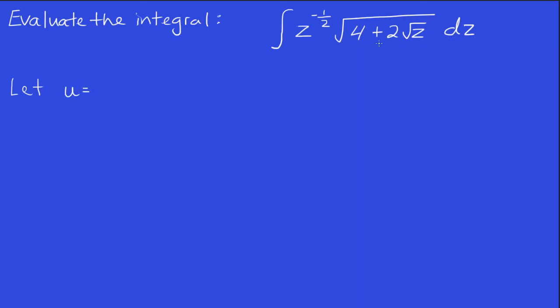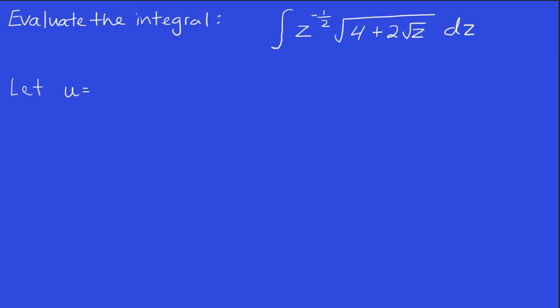Maybe you let u be 4 plus 2 root z. Maybe you let u be root z. Maybe you let u be z to the minus half. How would we know what the best choice is? Well, if we take u to be this quantity, then the derivative of that would be negative 1/2 z to the negative 3/2, right? And z to the negative 3/2 does not appear anywhere in there,